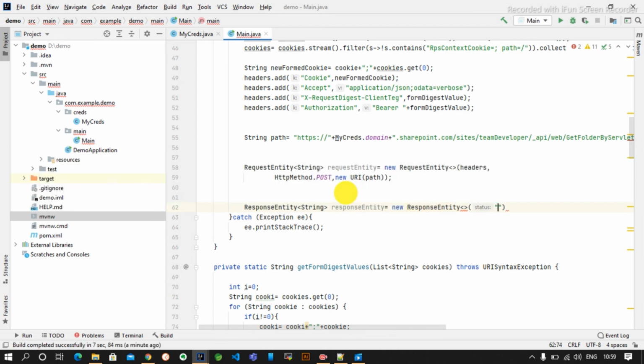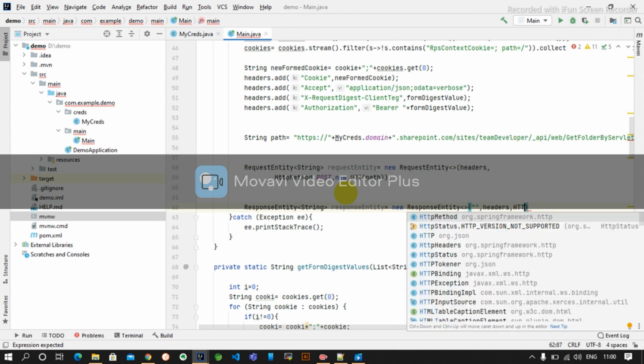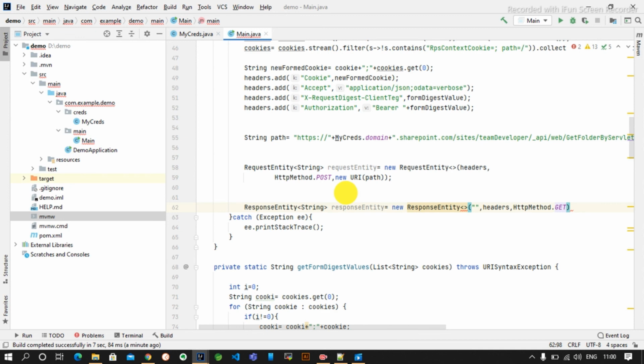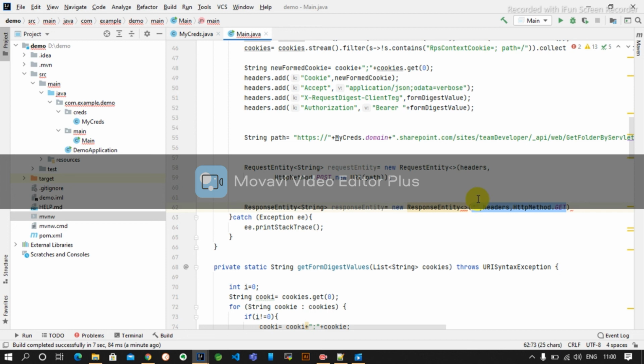We don't need to set any body because it is a get request. Then we will pass our headers, whatever headers we have created. Then we have to specify what method it is: HTTP method dot get. Since we have passed the headers and all those things, we don't need to pass them in the response entity. I will put here the request entity, then the path, whatever path we want.